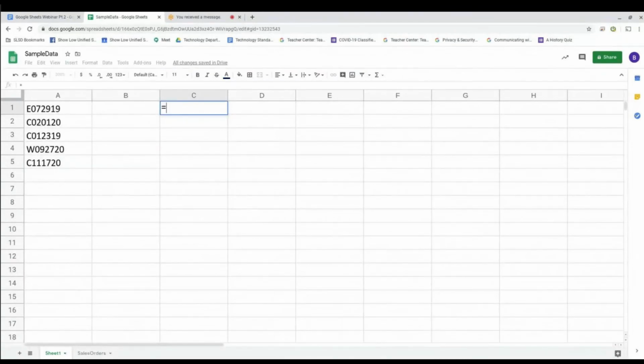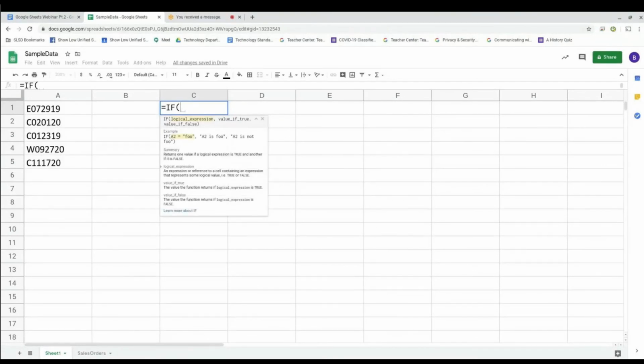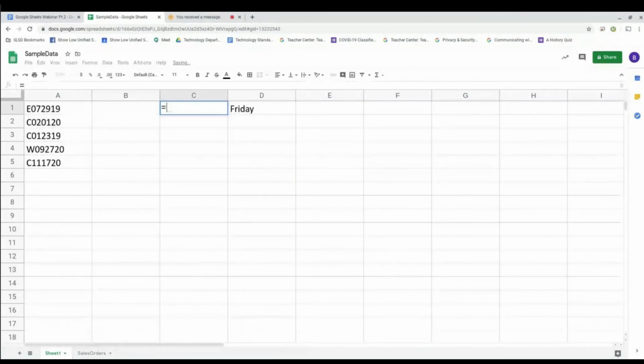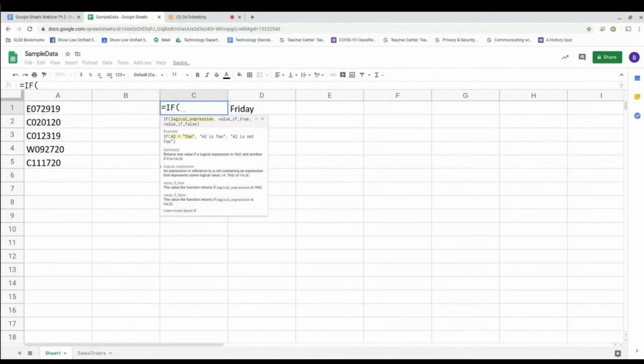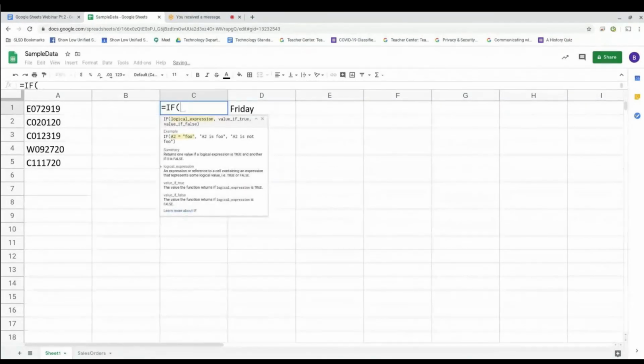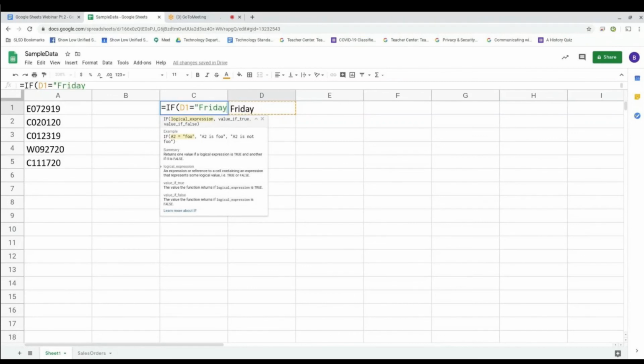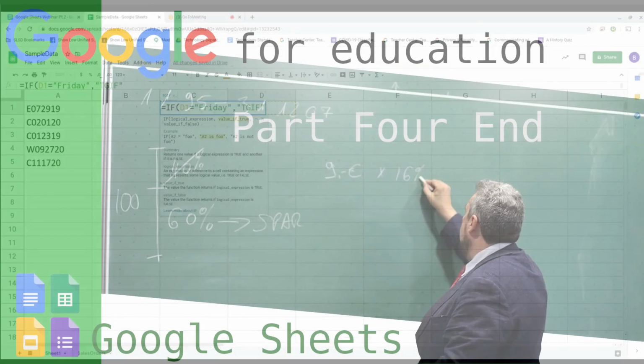All right, let's go back in here. So the logical expression. Let me just create an example of it over here. Let's say, we'll use the day Friday. So the logical expression I'm going to go with is: if this cell right here, where I put that value in, equals Friday, then I want it to give the answer TGIF. Now, you have to put those quotes